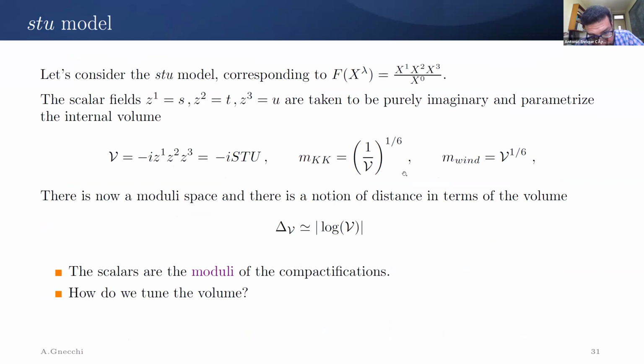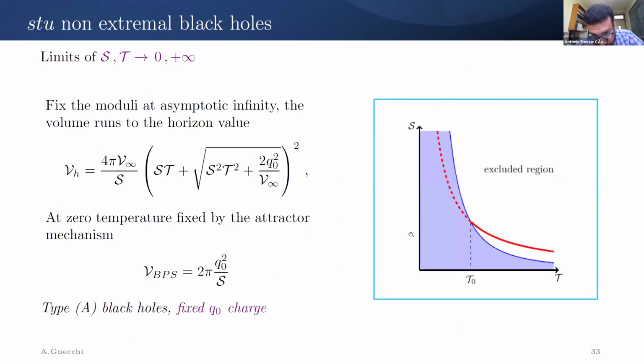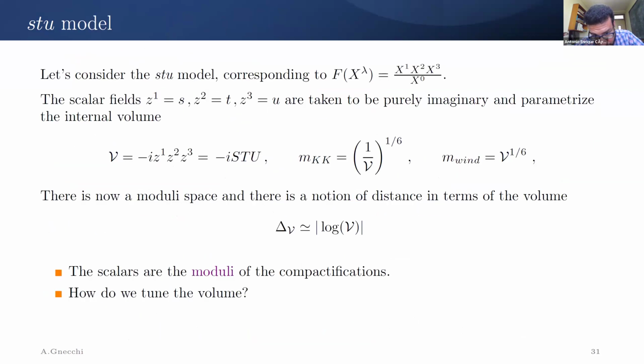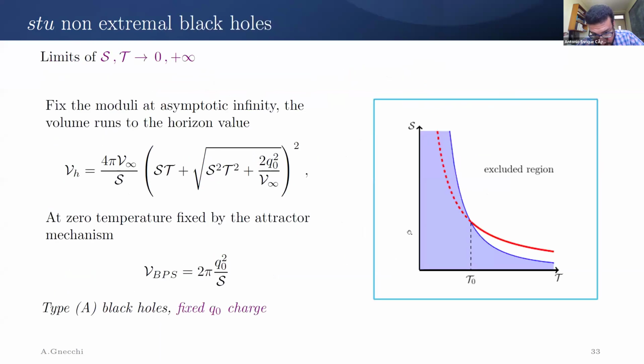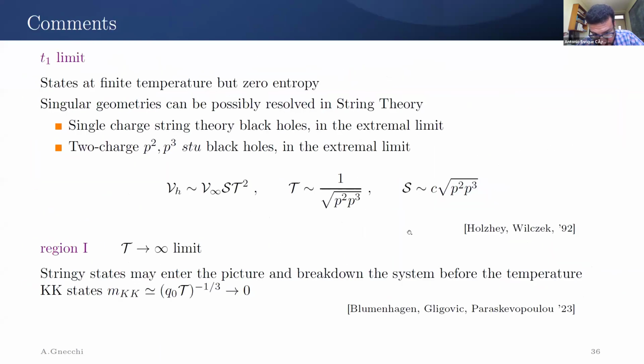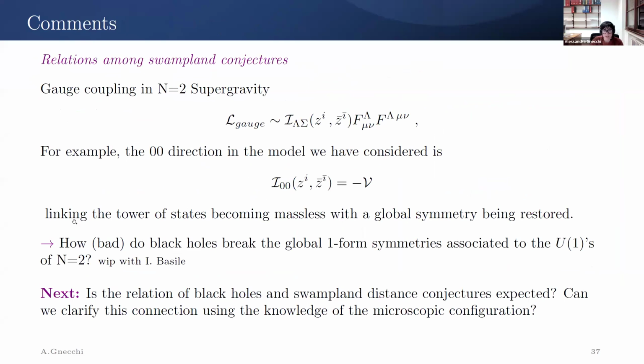I was wondering if there should not be an extra parameter for the mass of this Kaluza-Klein state, because you mentioned that in the limit where these Kaluza-Klein states are massless, there should be some global symmetry of the theory. So there should be maybe some parameter that parameterizes the breaking of that symmetry, and in the limit when this goes to 0, the mass of the Kaluza-Klein state goes to 0, or are you missing something? No, it's the same.